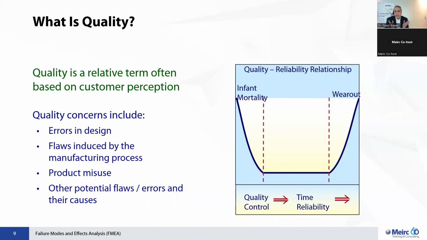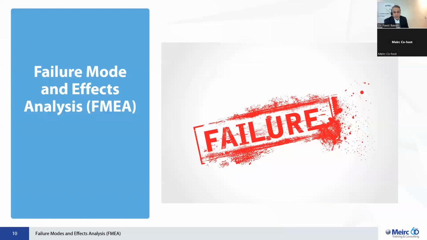We can fail in designing our services, in our products. We can fail during the production of our service or products, and hence having that mindset where we are anticipating errors and we're asking what if and what are the failure modes becomes a critical item on our agenda in quality. So what is this failure mode and effect analysis?